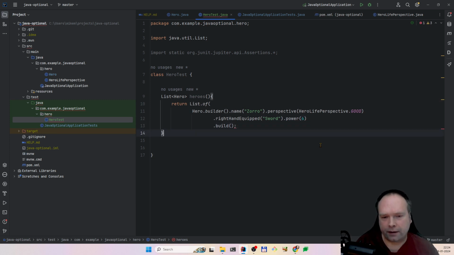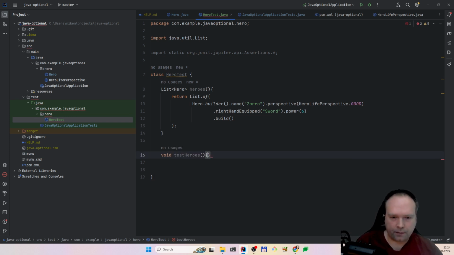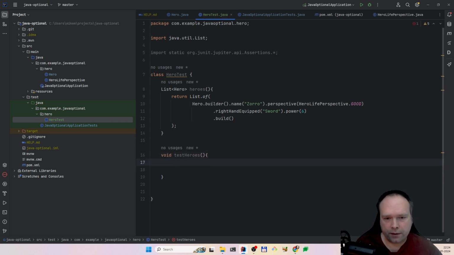So this means that if the constructor is changed, there's no problem because we're using the builder pattern right here. Okay, so now let us create a test right here. Void test heroes right here. So the first thing we could actually do is have a map. A hash map maybe even, so we can say we have a map, and maybe we want to map these heroes on